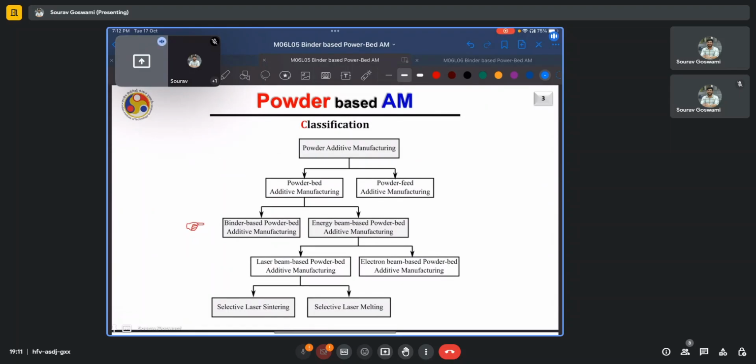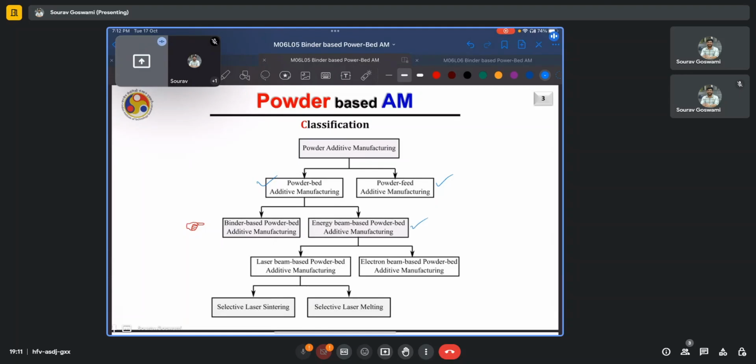This is the classification chart that we have been following for powder additive manufacturing. We already covered the powder feed additive manufacturing. An example of such a process can be directed energy deposition using a laser. And among the powder bed additive manufacturing technologies, we have already looked at the energy beam based powder bed additive manufacturing technologies,